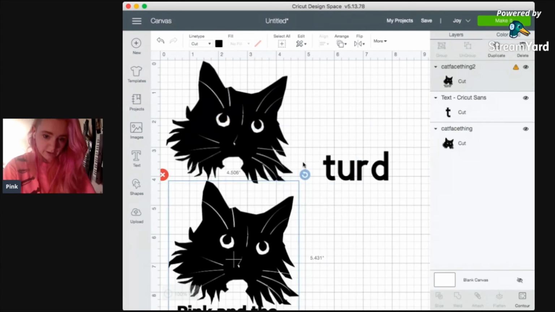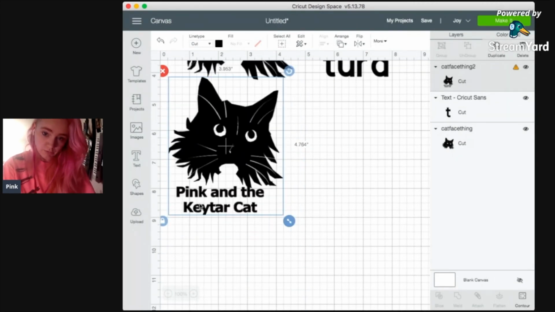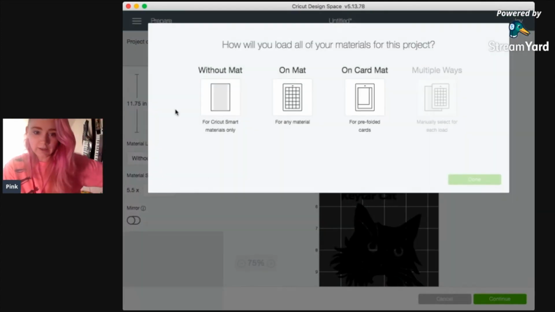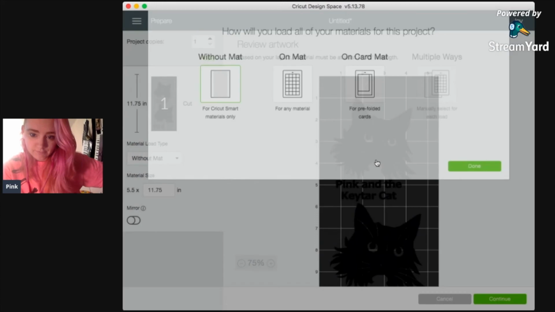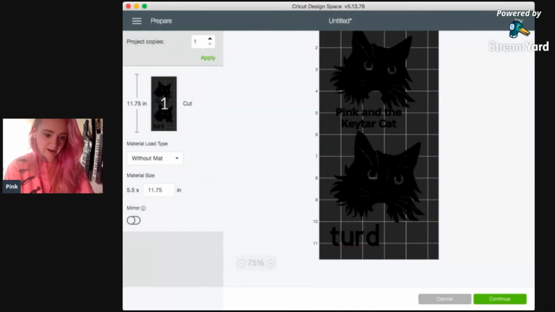So I can put this all here and then click make it. Okay, this one's a little bit too big. Poor baby. And now it will just lay it out however it feels like. So it just completely changed my layout there. And that's why I hate Cricut.